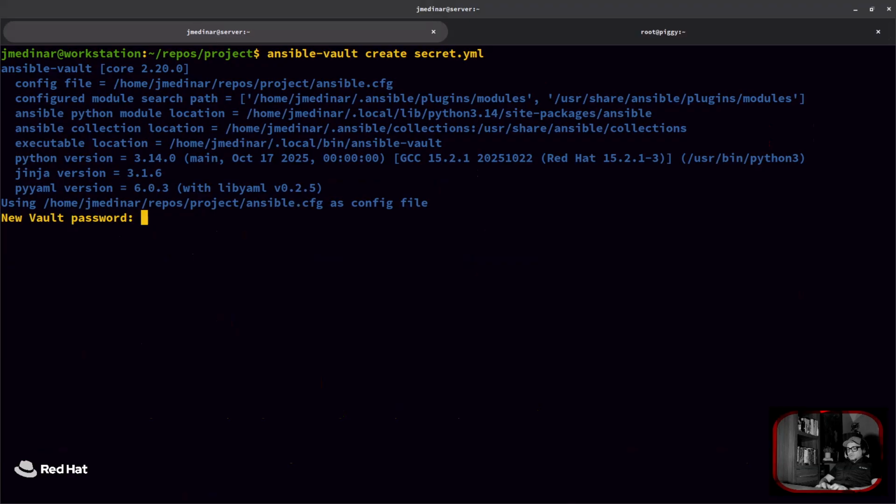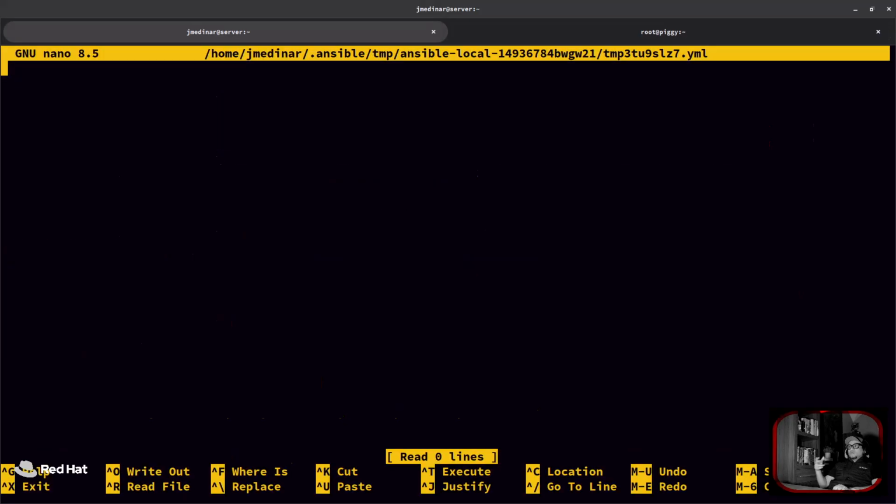So let's set a password, confirm that password, and now we are inside of a file where anything that we save is encrypted. So let's say this is my password, equals very secure password, and this is my email, some email, right? As soon as I save this,